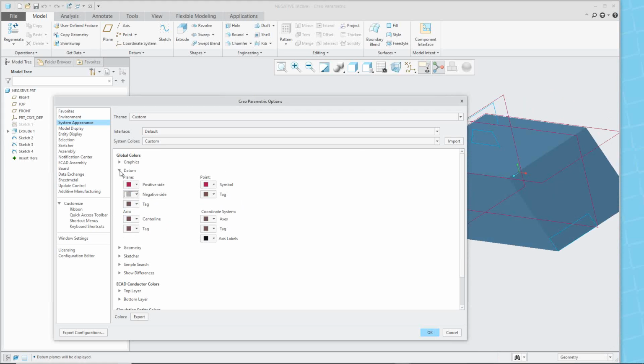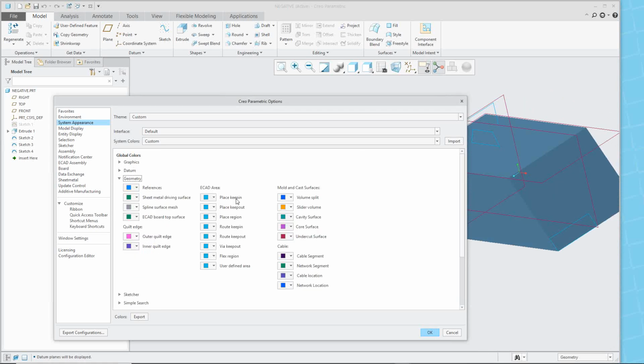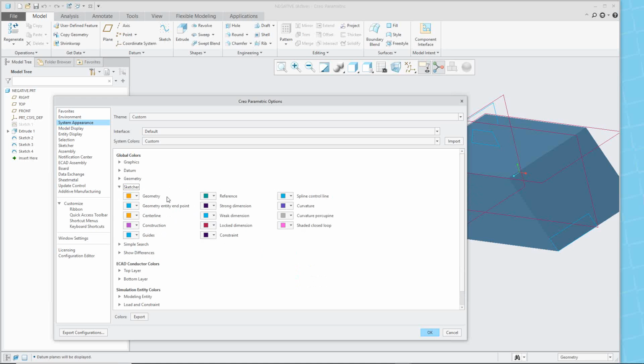All right. And then, of course, we have our geometry information that we can change as far as the default colors that we can use. You also, of course, have Sketcher, so you have the colors inside of there. One of the things that some people do like to change, and it is a little bit better in 5 than it was in the previous ones, is simply the difference between our strong and our weak dimensions, when you're looking at them on the screen, to be able to